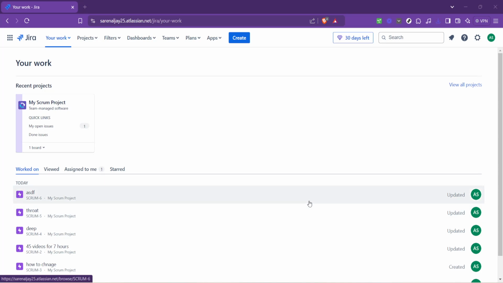In today's video, I'm going to teach you how to add a column on a Jira board. Jira, a powerful project management tool used by many, offers a flexible way to manage your tasks and workflows. One of the key features in Jira is the ability to customize your board with columns that represent different stages